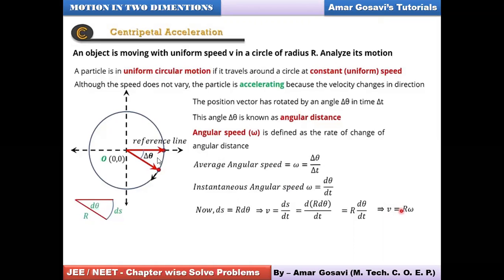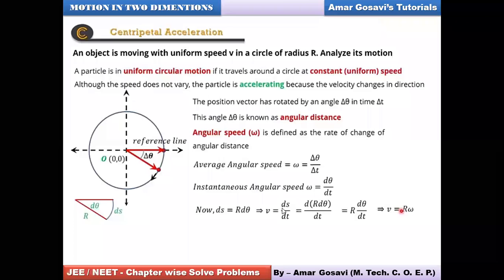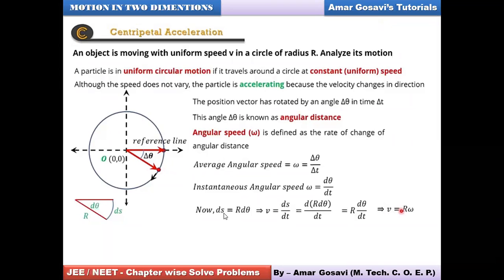Just take this piece outside and magnify it. So d theta, ds and r, there is a relationship between them. And what is that according to the geometry? ds equal to r d theta. So we want to use it. Now we know linear velocity is rate of change of linear displacement, that is ds by dt. But ds is r d theta over here. So just put r d theta. So r comes out, d theta by dt. We all know it's angular velocity. So that means instead of d theta by dt, I can substitute it as omega.